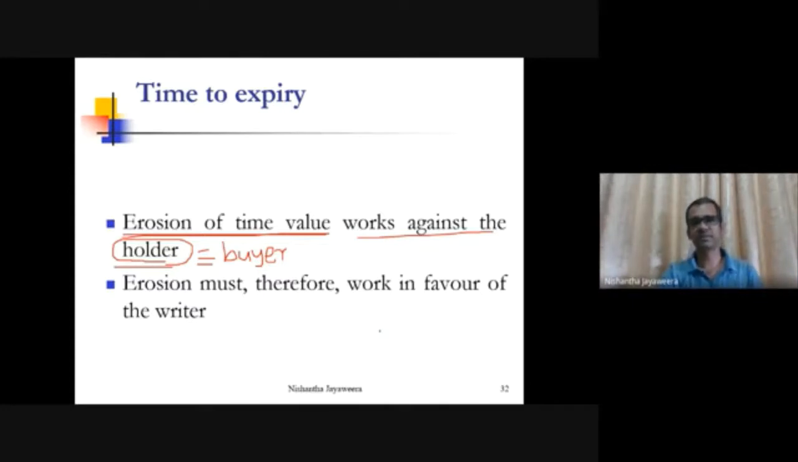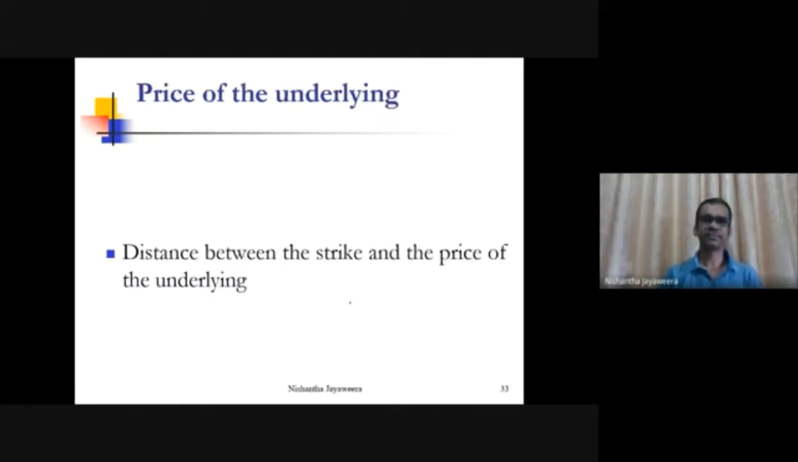But then it works in favor of the writer or the seller of the option. He has already collected the premium. Now the premium goes down, or the value of the option goes down. When the option value goes down, there's less chance to execute that by the buyer. So therefore time value works against the buyer and works in favor of the writer. Then the next